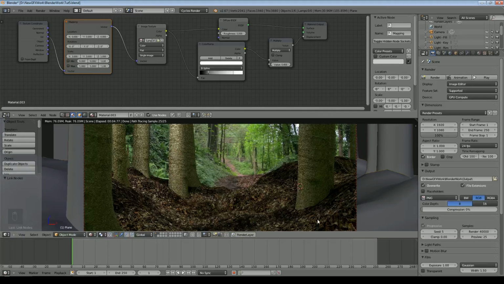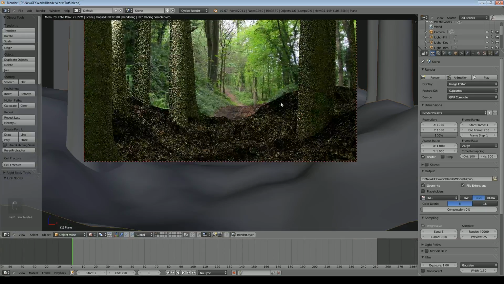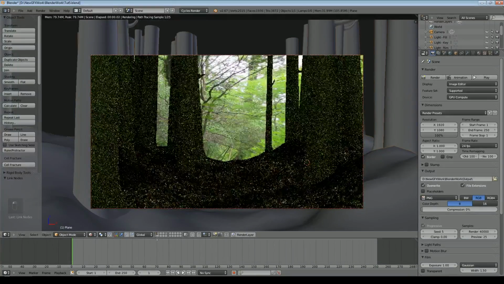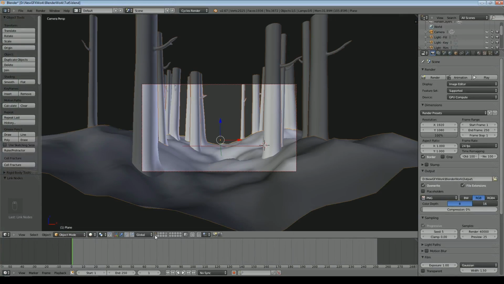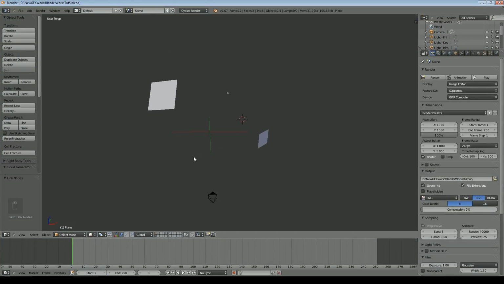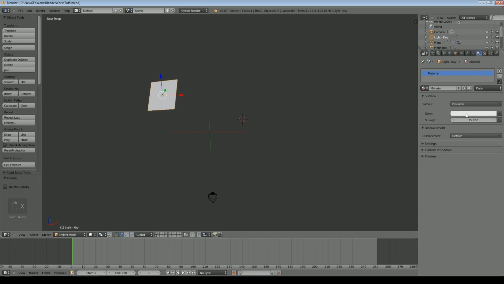And although you might start to see the repeating of the pattern, that'll be obscured when we start to put more vegetation in here. So at this point I think we'll actually add a sun just to help us. So I'll go in here and remove my standard lights, or these two anyway. I'm going to make this lamp slightly yellow. I'll make it slightly smaller too.